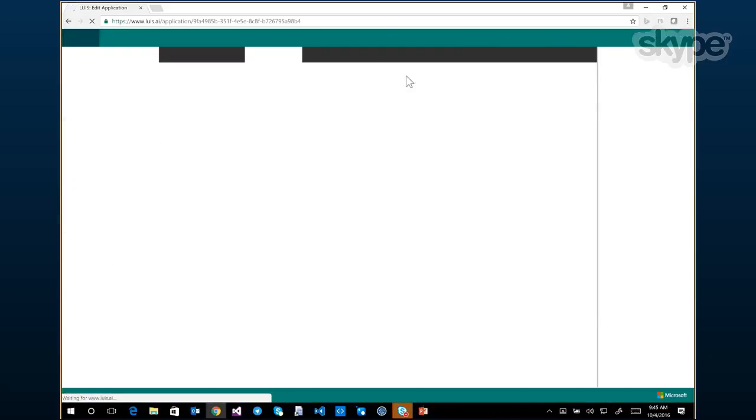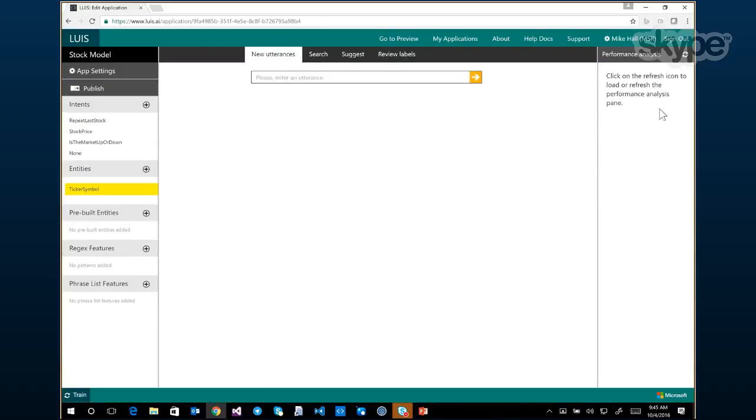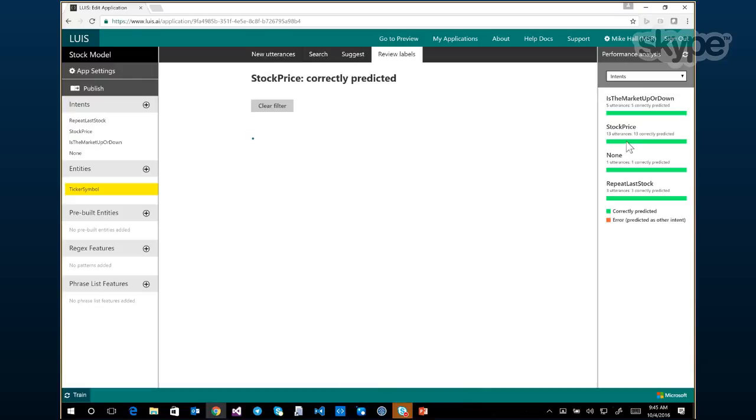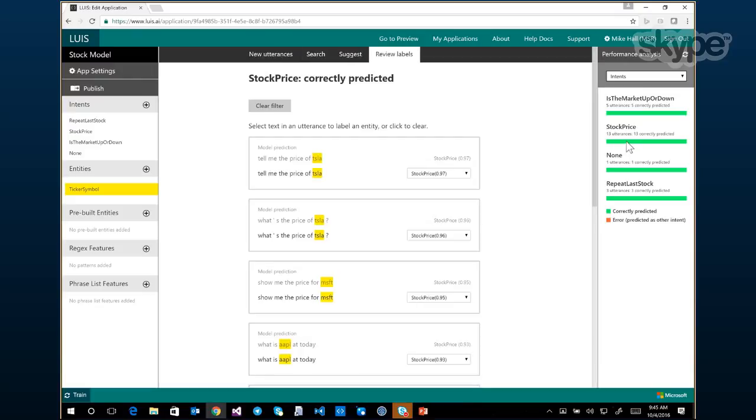I'm just going to refresh this page because we should see some training data on the right-hand side, which I'm not currently seeing. Ah, there we are. Okay, so what I'm going to do is open up stock price, and this will show you some of the, in quotes, extensive training data that I've added to this model. The way you train Lewis is by typing or uploading training data.